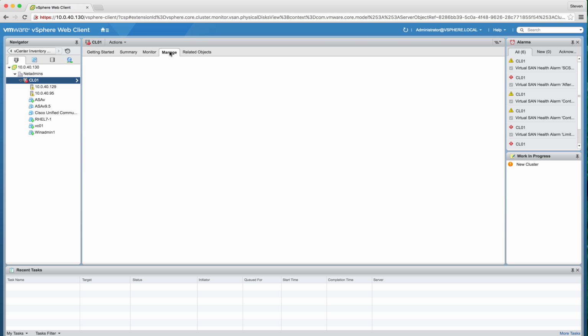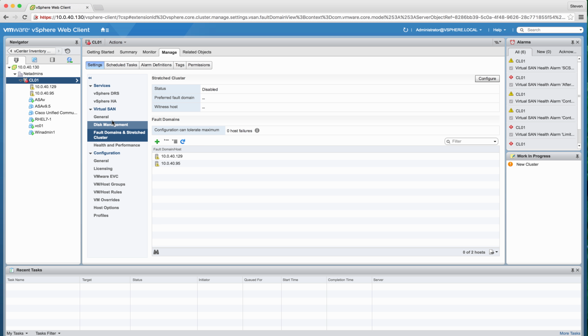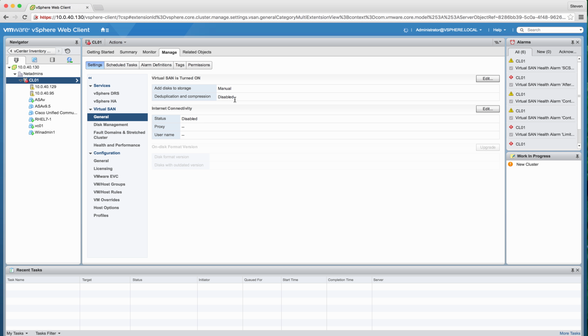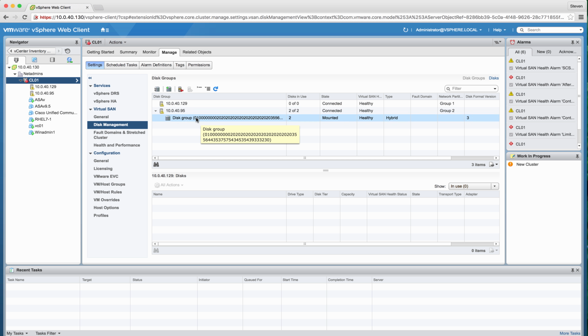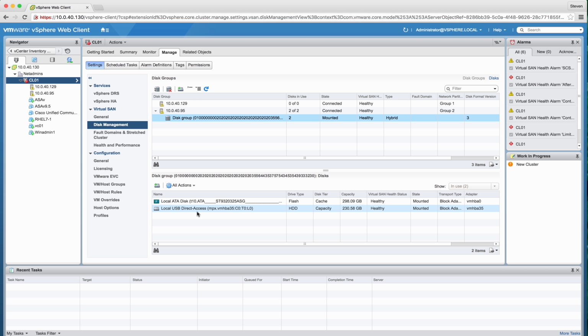So let's go over to manage, general, and you can see it's pretty peppy. I have a add disk storage, turn it to manual, disk management, and I have a disk group set up, and this is local ATA. Converted it over to a flash disk. As you can see, ATA equals flash. Doesn't quite make sense, but you're able to switch it over to a flash disk, and when you click on the disk, and as you can see